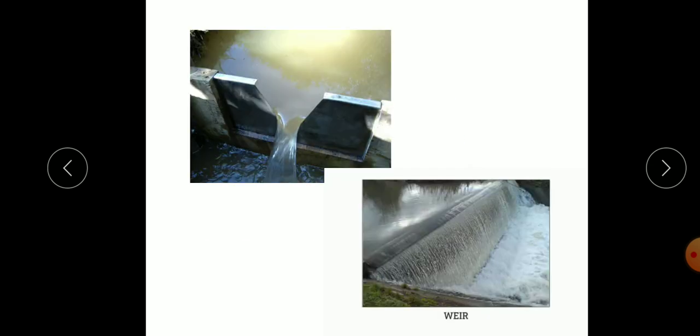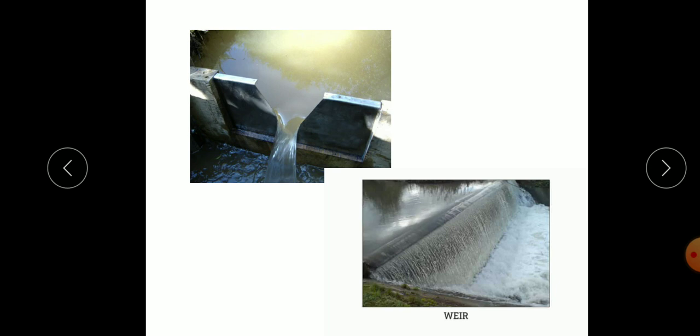We can see this diagram here. This is an open channel through which water is flowing, and we require the flow rate of the water. At that time a V notch is used; there are different types of notch. We can see the water level is below the top edge of the notch, and the water discharges at the outlet through it. So this notch can be constructed in the open channel to measure the flow rate of the water.